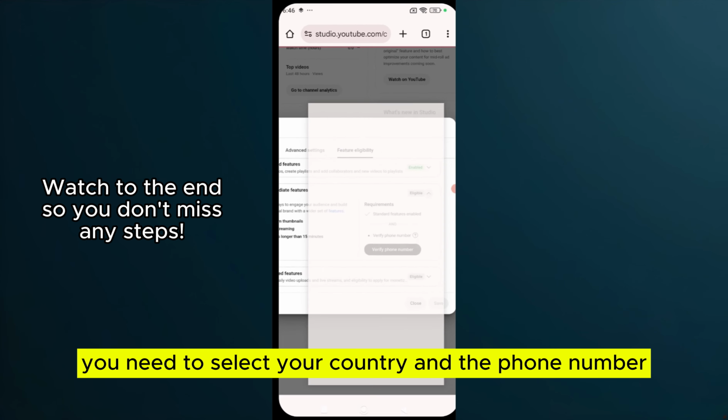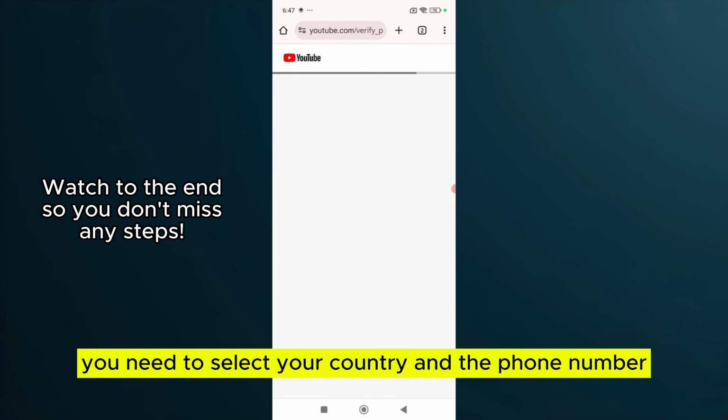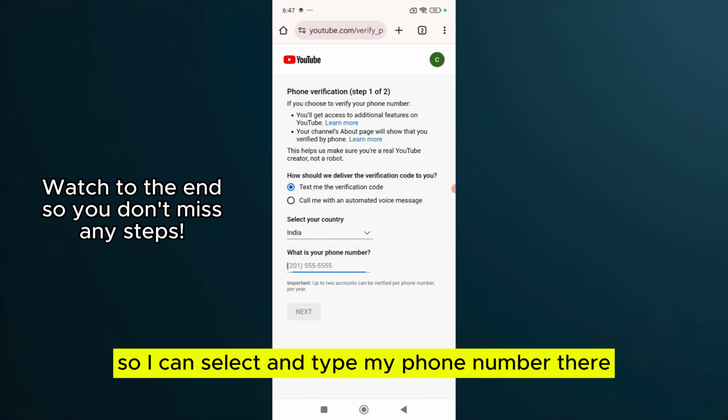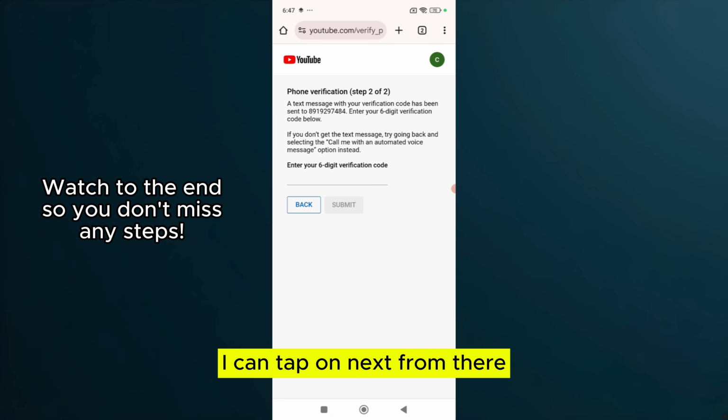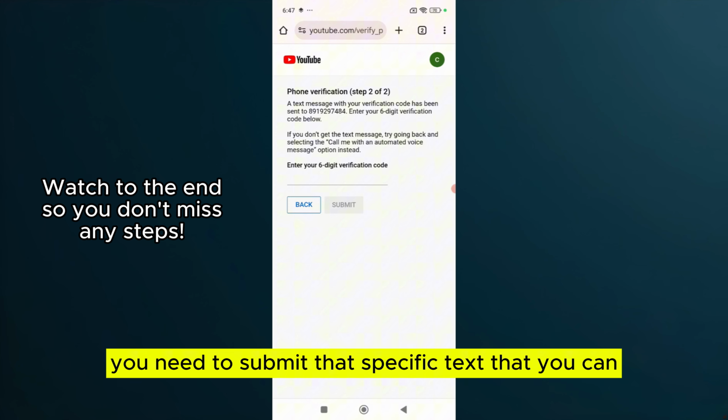After that, you need to select your country and the phone number. So I can select and type my phone number. There I can tap on next. From there, you need to submit that specific text